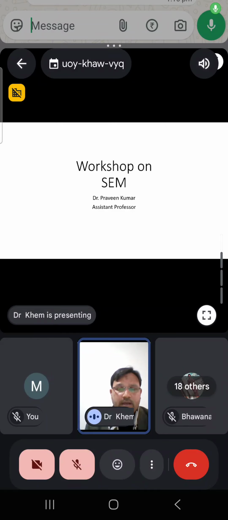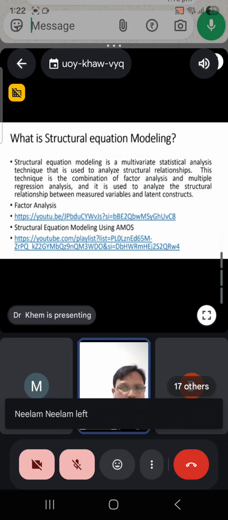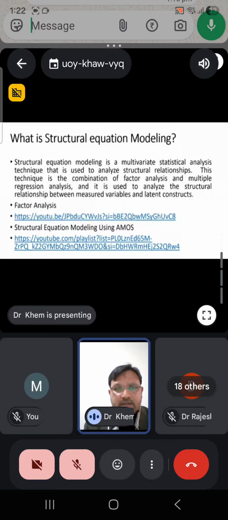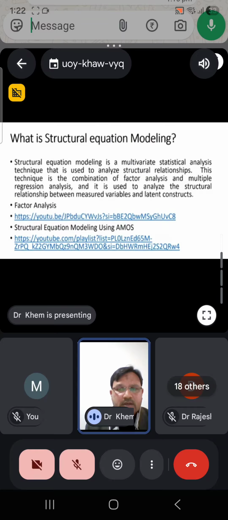In today's world, we're talking about the structure, not only statistical techniques. This is a statistical technique and model. But the most important thing when you're talking about structural equation modeling is that it is a multivariate statistical analysis technique that is used to analyze structural relationships. This technique is a combination of factor analysis and multivariate regression analysis, and it is used to analyze structural relationships between